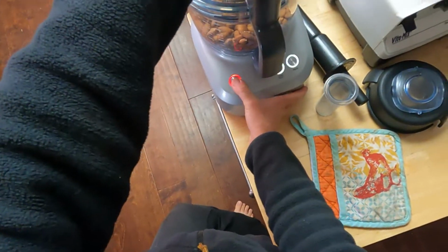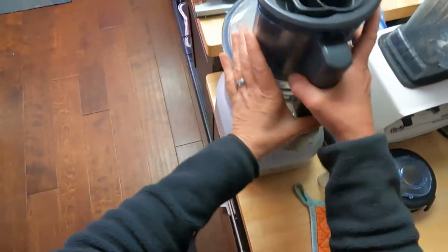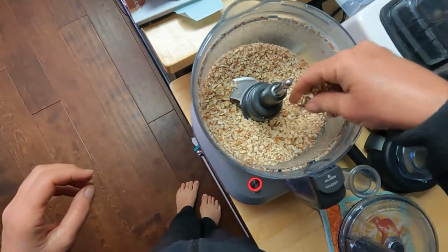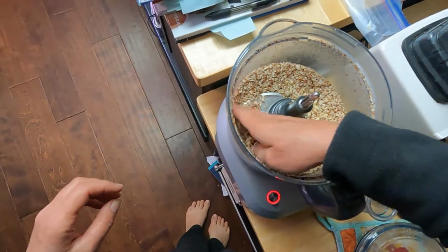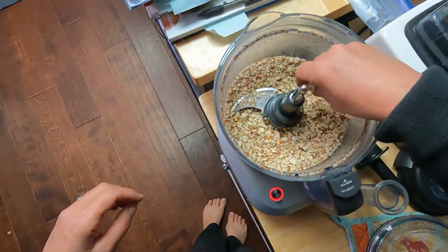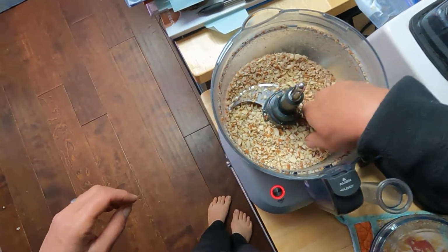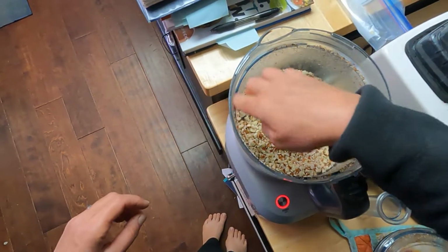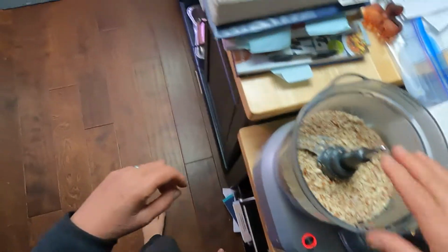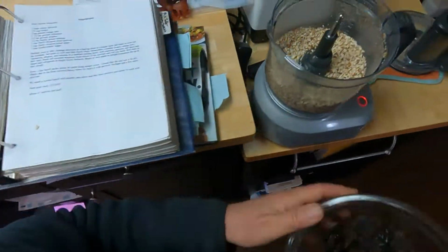All right, plug your ears. So there we have coarsely chopped almonds. You can go as fine or as coarse as you like here. I'm going to be throwing other things in here and continuing to grind this, and so I'm not going to go super fine right now. If you go too long, you end up making almond butter, which is definitely not the goal, but that usually takes a couple of minutes. So I'm going to throw in